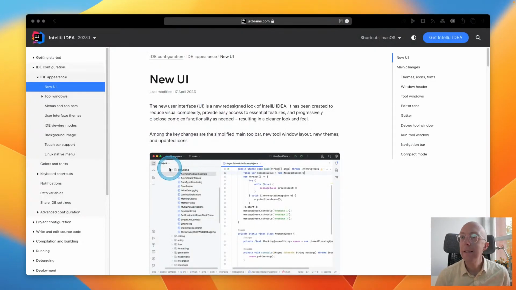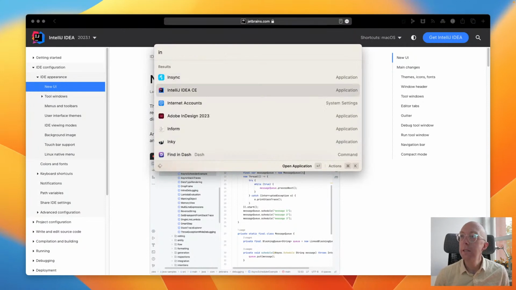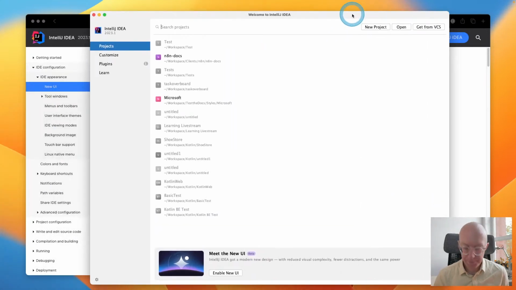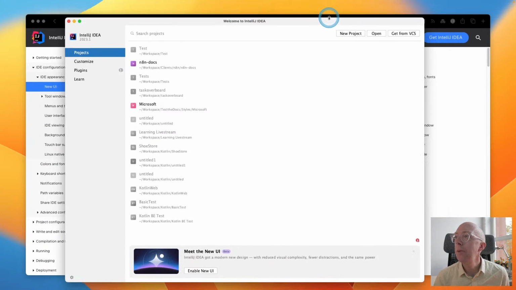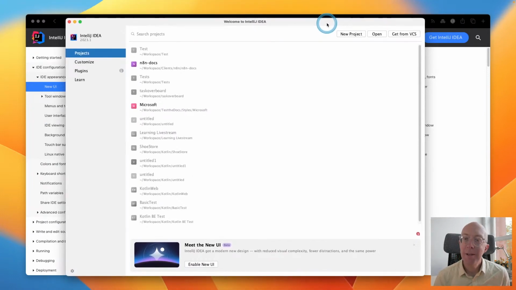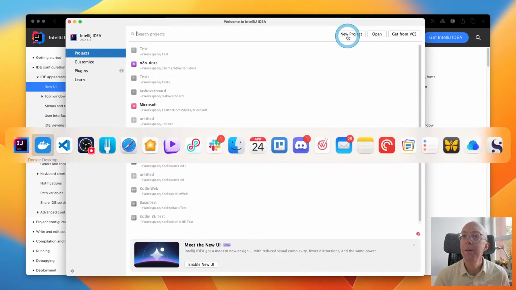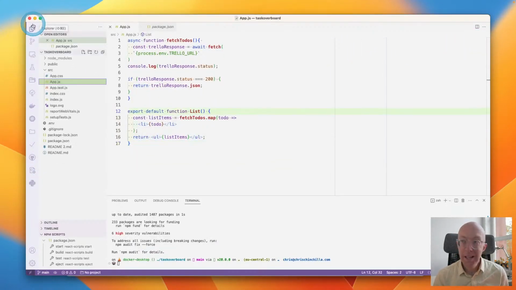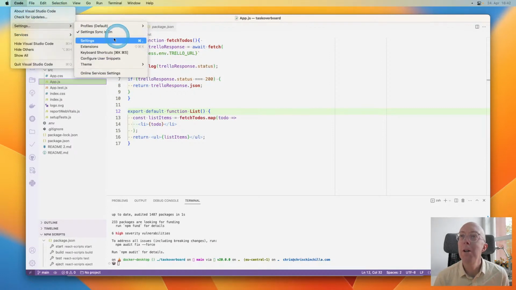So that's that there. Let's pop open IntelliJ. And it's opened in the wrong window. Already you could see we have some, I don't know, it's hard to say because neither VS Code nor IntelliJ really have completely native looking buttons. These buttons don't look like macOS buttons, but really neither does anything here. I mean, nothing here is even a button, so I don't know how to even find something that might look like a button.